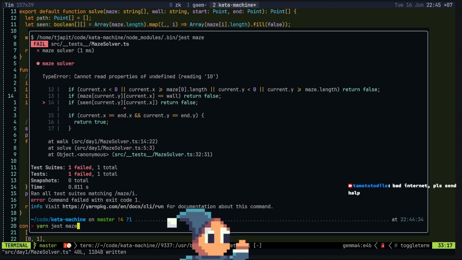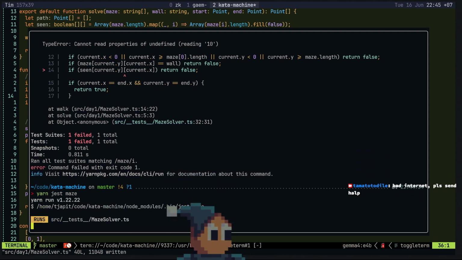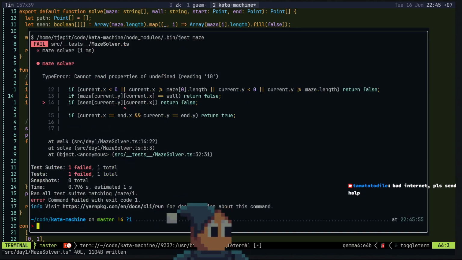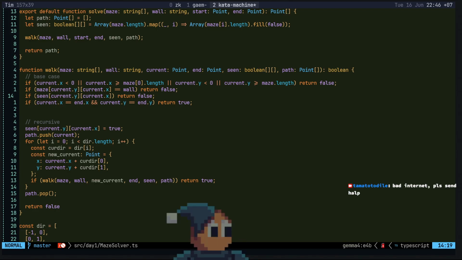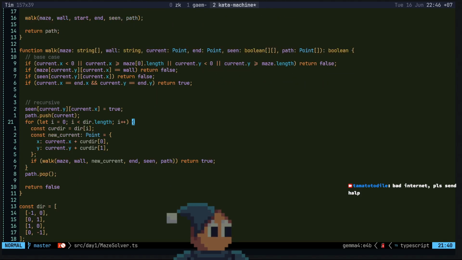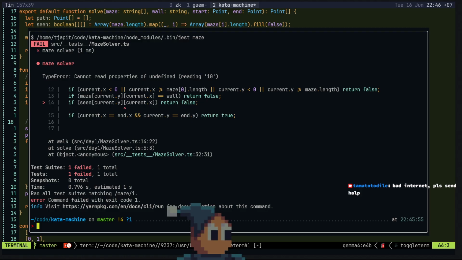Cannot read property of undefined. What do you mean? Oh.